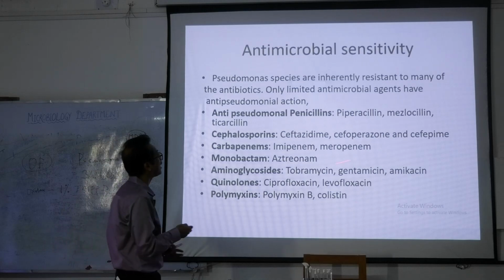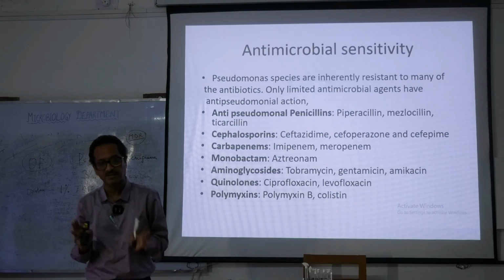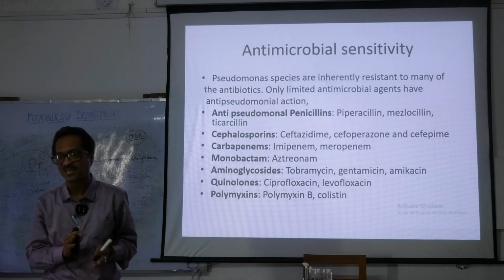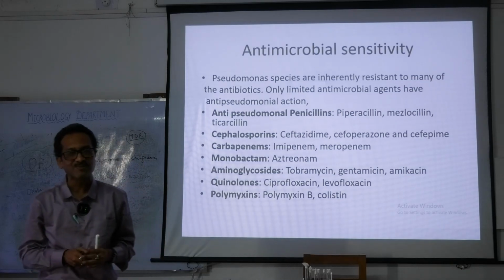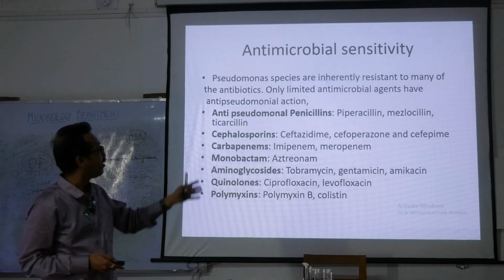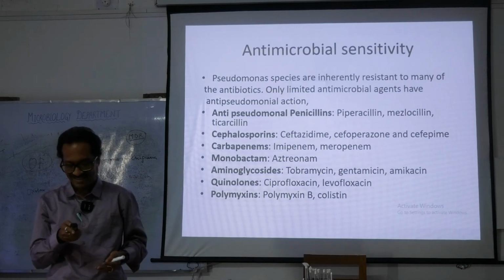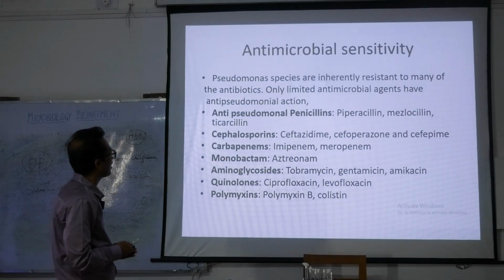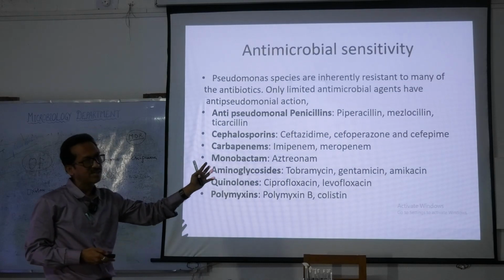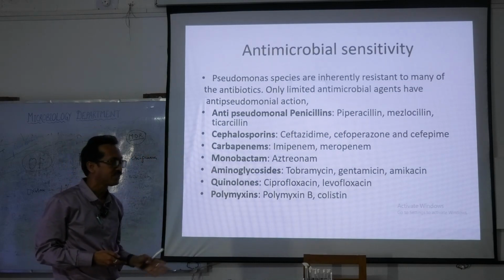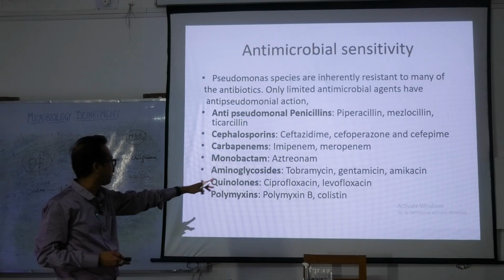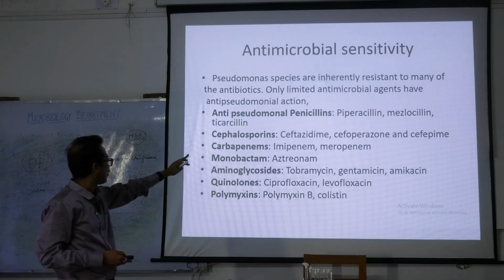These are the antibiotics. যদি জিজ্ঞেস করে what are the antibiotics you should put, অ্যান্টিমাইক্রোবিয়াল ওই অবধি পৌঁছানো খুব ডিফিকাল্ট, সাধারণত তোমাদের ভাইবা অবধি অ্যান্টিমাইক্রোবিয়াল সেন্সিটিভিটি অবধি যায় না। তাও বলে রাখলাম। অ্যাটলিস্ট ইউ রিমেম্বার দ্য অ্যান্টি সিউডোমোনাল পেনিসিলিন, থার্ড জেনারেশন অ্যান্ড ফোর্থ জেনারেশন অ্যাবাভ সেফালোস্পোরিন, অ্যামাইনোগ্লাইকোসাইড, কুইনোলোন, সিপ্রোফ্লক্সাসিন, লেভোফ্লক্সাসিন এবং মোনোব্যাক্টাম অ্যাজট্রিওনাম।